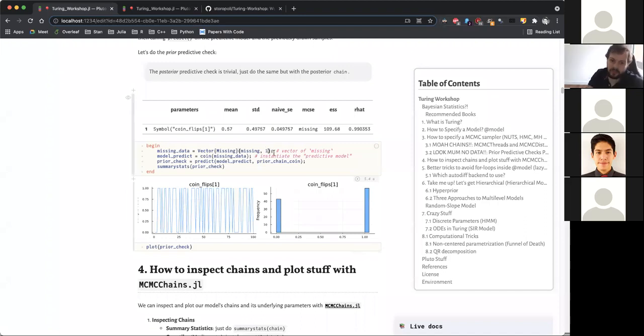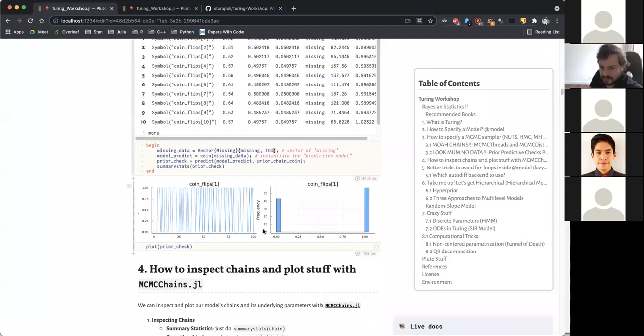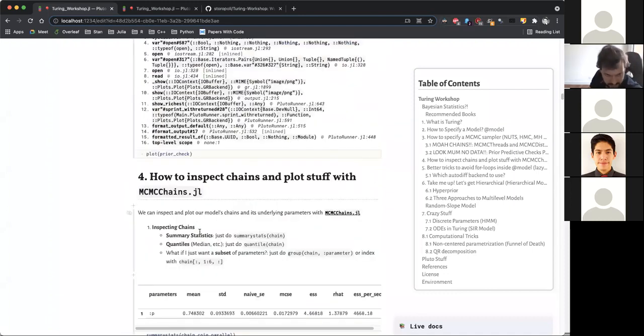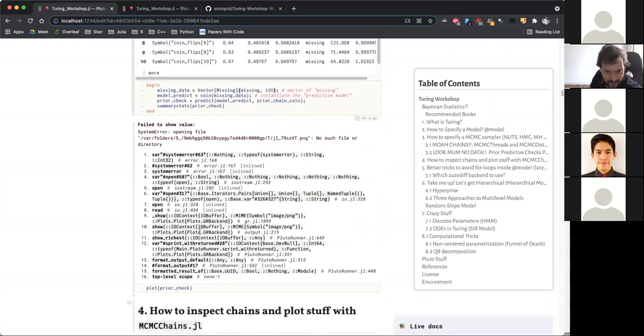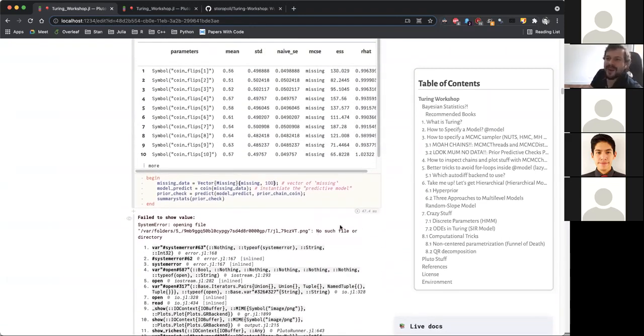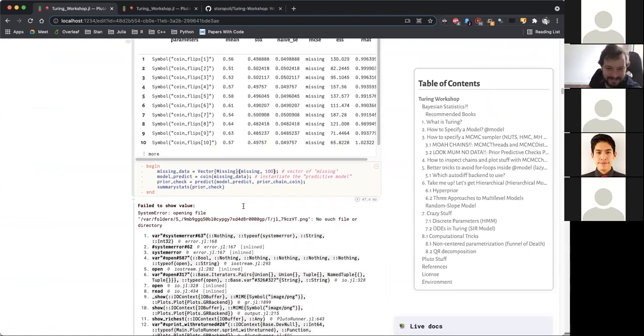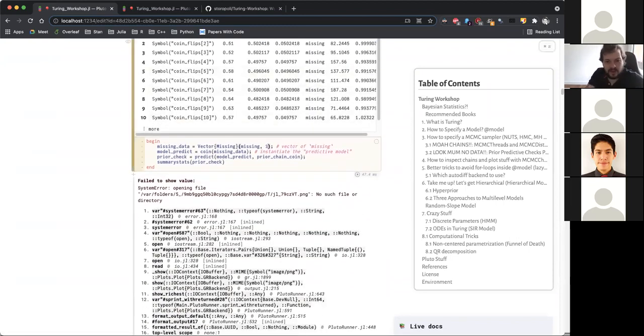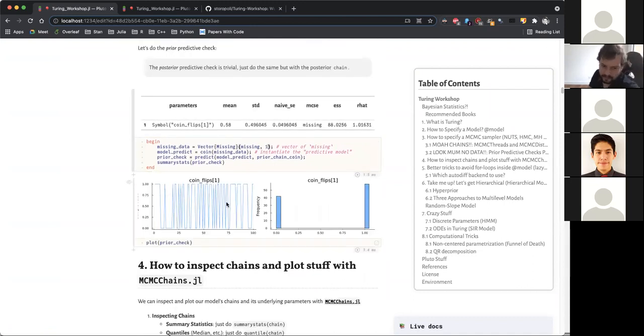Oh, I have to generate more. Let me generate like 100. Oh, and that's when you have some problems when you try to do stuff live. So, okay, that didn't go very well, but